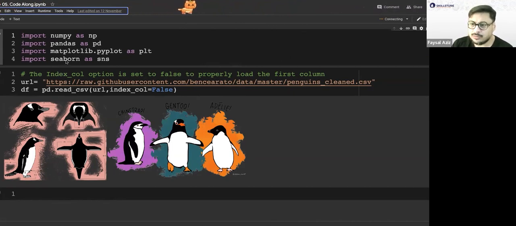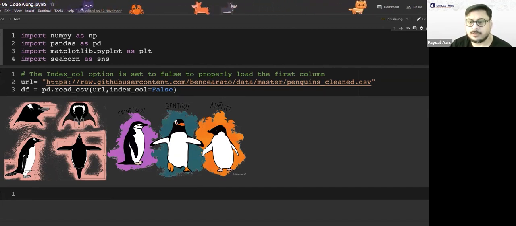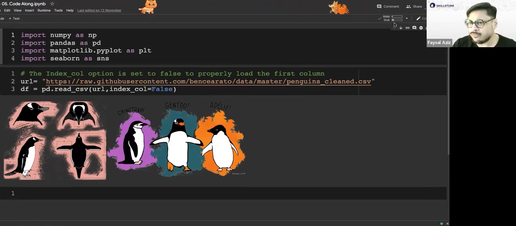And Seaborn just helps make the Matplotlib plots look prettier. Let me expand my field of vision a little bit. Now I've connected it. I'm just going to run this to import the libraries. The first run takes a little bit longer.